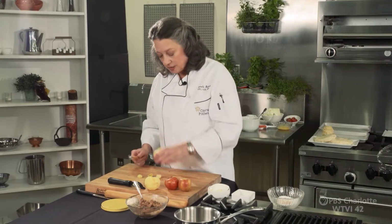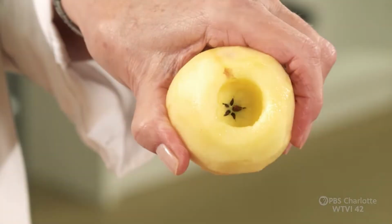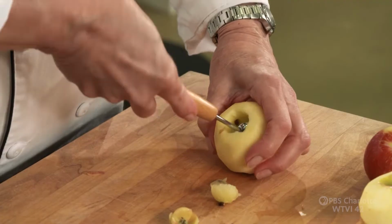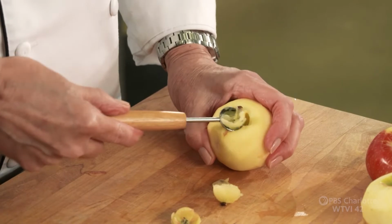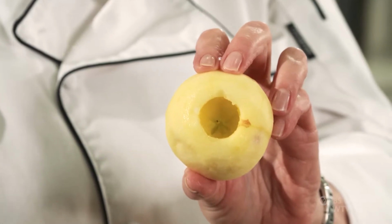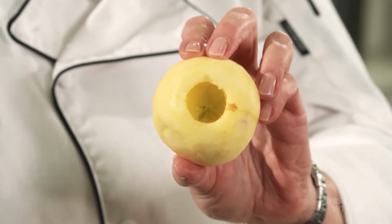And that's what you want to get out. Okay? You see that beautiful little star shape? It's kind of neat when you cut the apples this way. You get that pretty star shape in the center. And you just want to get all those seeds out. So once you see all those seeds are out, you're going to be almost at the very, very top of the apple. Now that's where you got to be careful not to go all the way through and take your